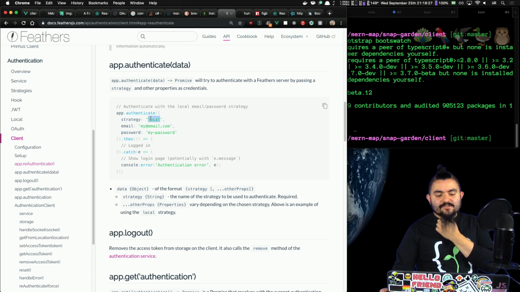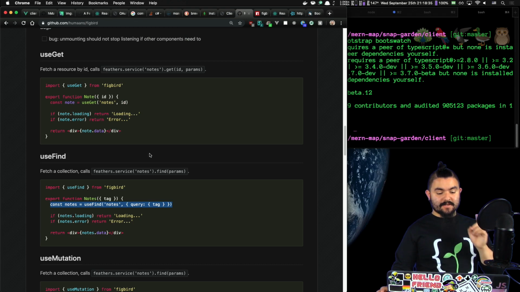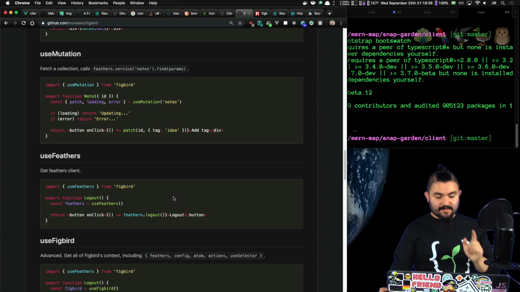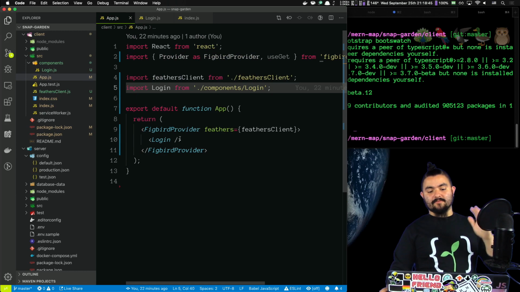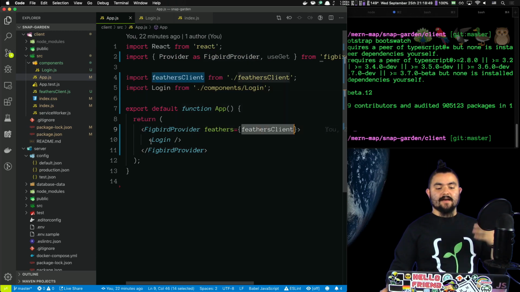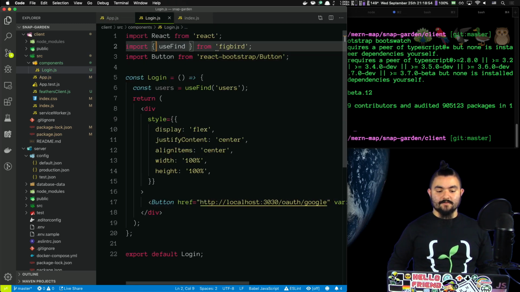If I pass in strategy GitHub, will that work? I don't know, but here's what we can do. Figbird, I believe, comes with a use feathers hook, and that gives us access to our feathers instance. So at the top level, we have our Figbird provider where we pass in the feathers client that we created. But now any component below that can do use feathers,